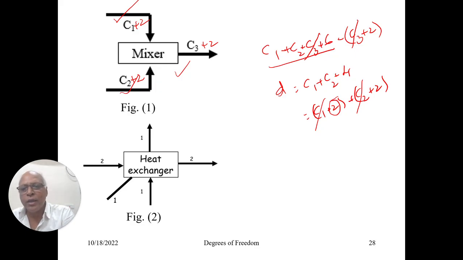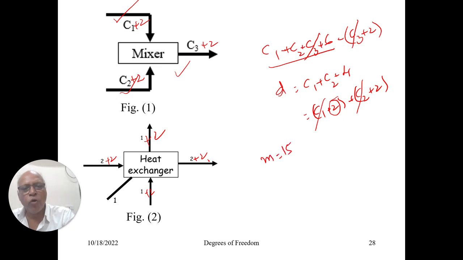Once again, consider these numbers are going to indicate the number of components. Of course, the slanted line represents the equipment parameter. So what is the total number of variables involved in this problem? Again, the degrees of freedom, if you want to calculate, if there are two components, will be 2 plus 2 for this stream. Here it is 1 plus 2. Here it is again 2 plus 2, 1 plus 2. So the total number of variables involved here is 4 plus 3, 7 plus 4, 11 plus 3, 14. Of course, you need to also add the equipment parameter. So M is equal to 15.